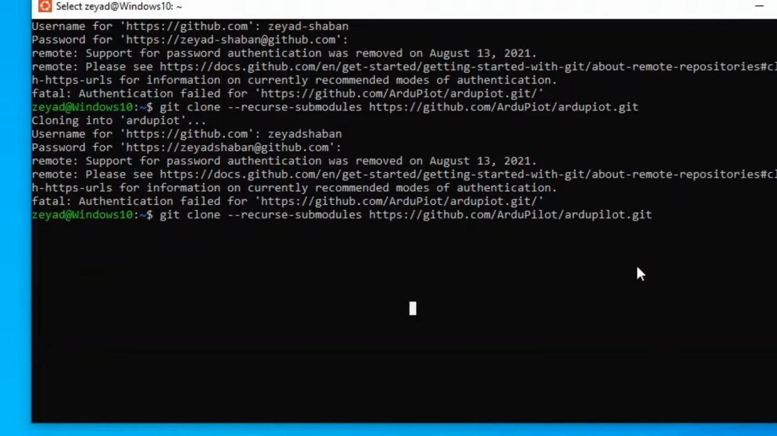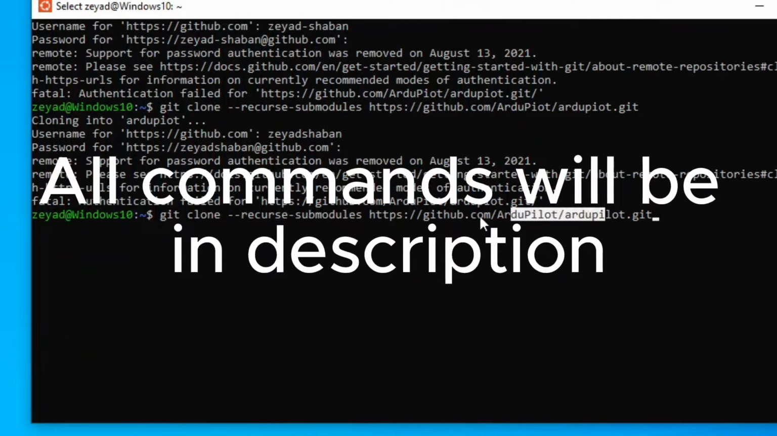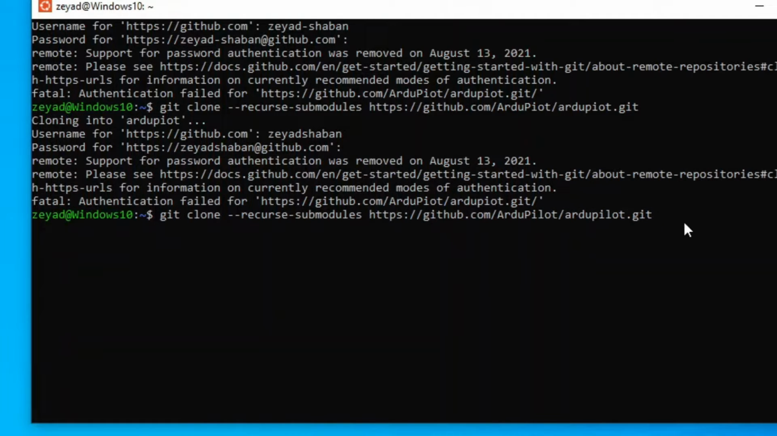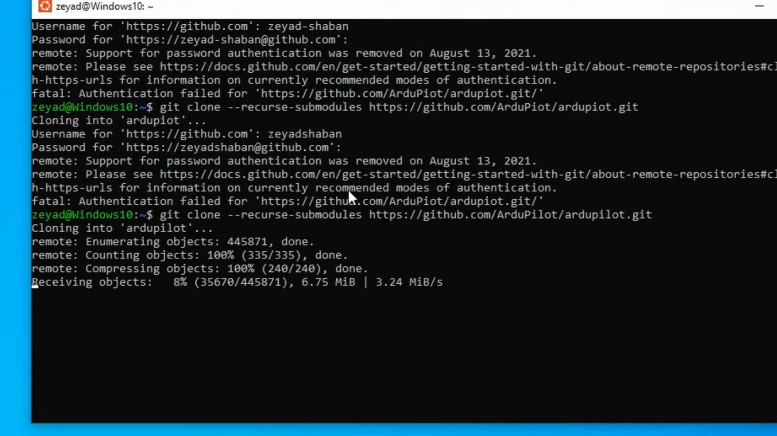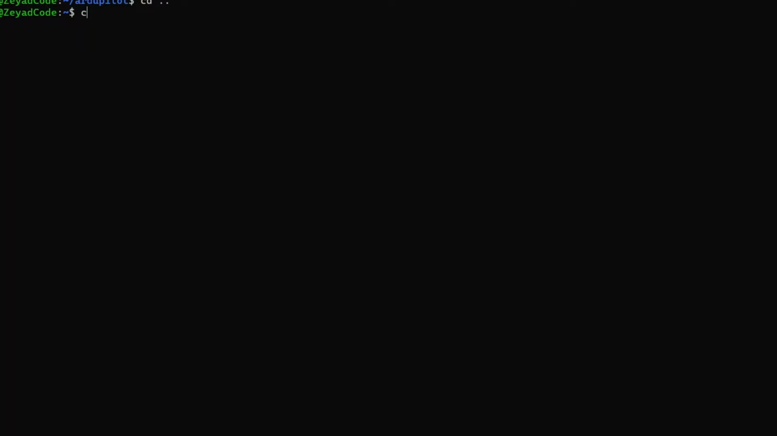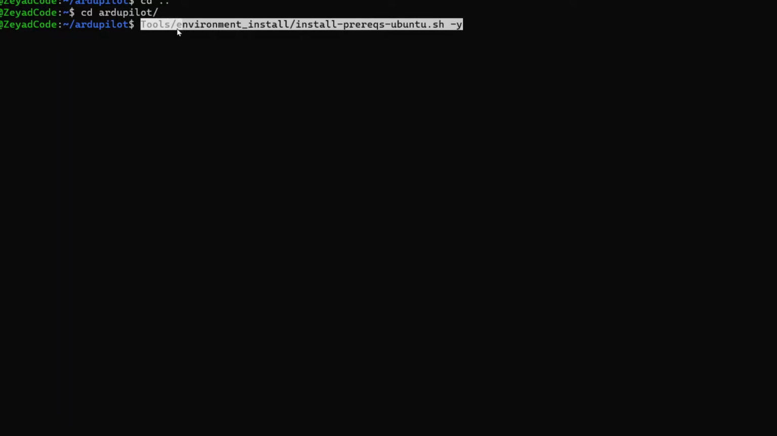We can clone their GitHub repository by running this command, git clone --recurse-submodules, and their GitHub repository here. Press enter. Now we have to wait for ArduPilot to be done installing. And after it is done, you need to cd to the ArduPilot directory. And now we need to install the prerequisites ArduPilot needs. So it is done through this